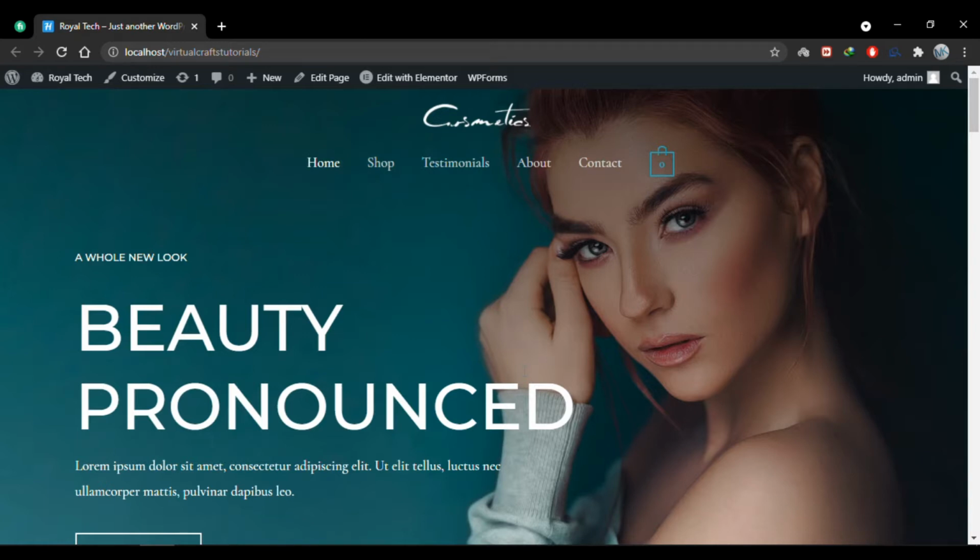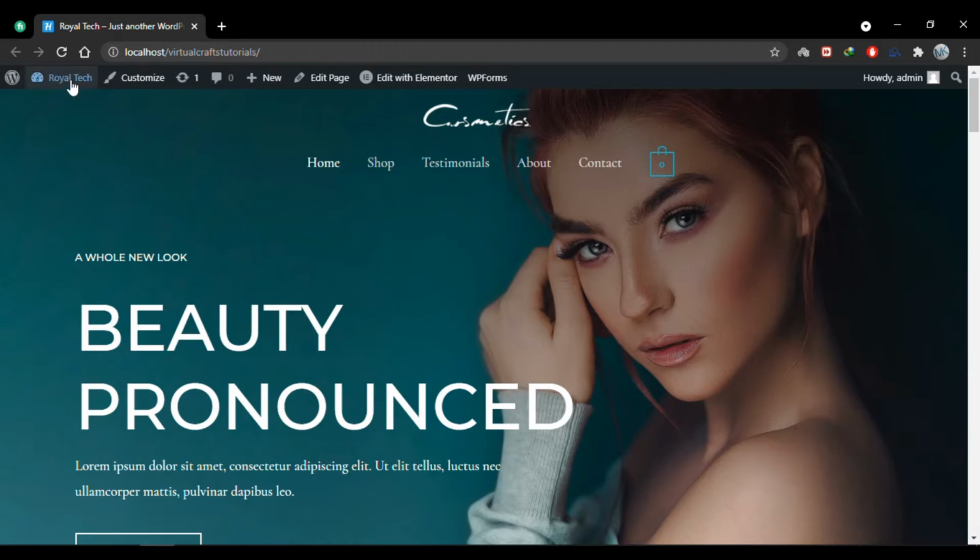So that's why I have divided this video into three parts. The first one is how we can create different shipping zones. The second one is specifying shipping rates, and the third one is creating shipping classes. Now a shipping zone is some area that your store ships to. It can be the whole world, a country, a state, or all the way down to a postal code. So let's jump right into it and see how we can work with shipping in our WooCommerce store.